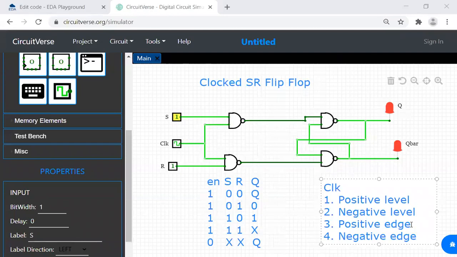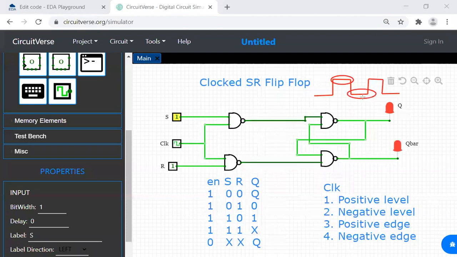So let me draw a clock signal. Assume that this is the clock signal. So this is a clock signal which I'm going to draw over here. So there is a signal like this. Okay, this signal, if this is the on time, if you can see in the figure, this is the on time and this is the off time. If on time is equal to off time, we call that the clock.